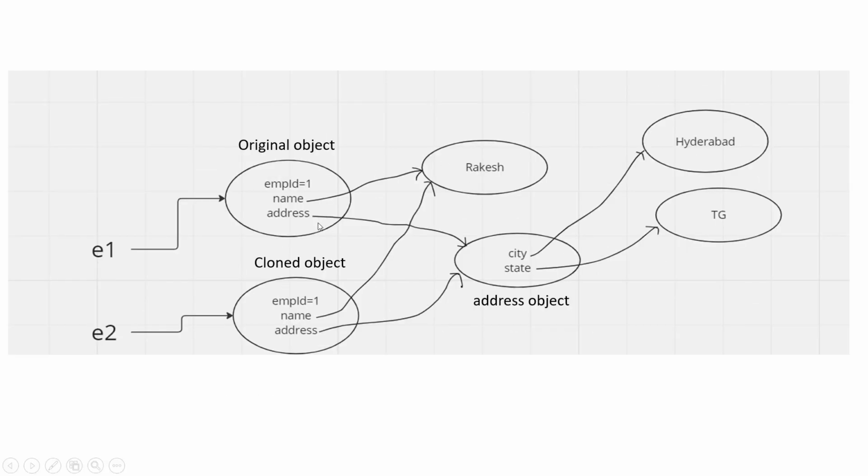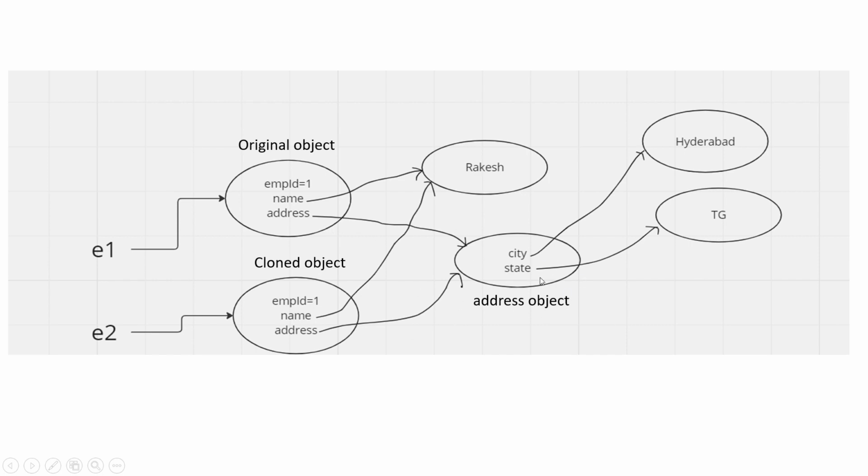if you see this original object and cloned object, in shallow cloning, what is happening? This address variable is pointing to the address object, with city and state, and in the cloned object also, the address reference variable is pointing to the same address object. Here we have not cloned address, we cloned only the employee. So the underlying reference variables are copied, but not the objects. So this is called shallow cloning here,